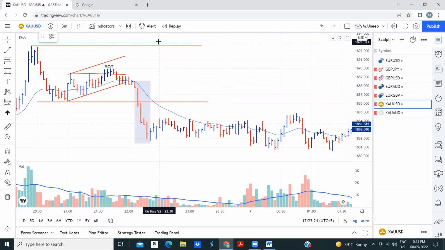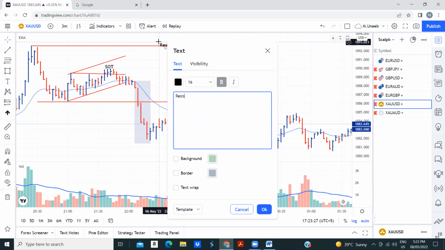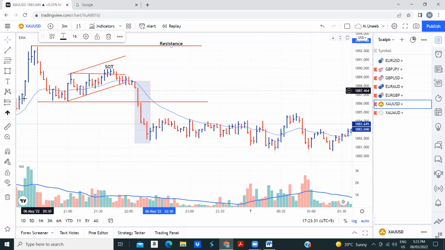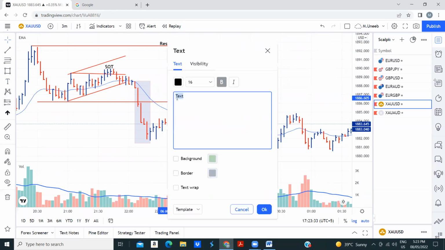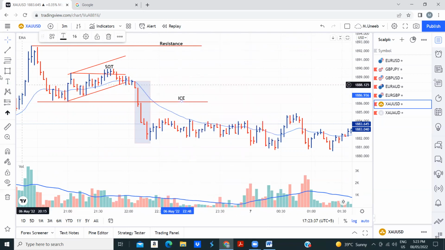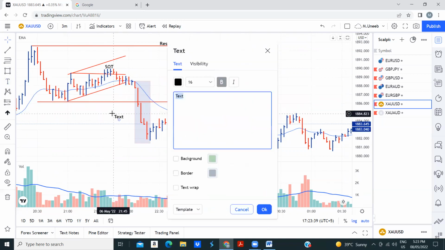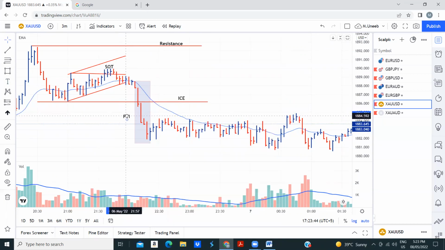This, I told you, this one is resistance, and this one is ice, right? Because it's distribution. Okay, so we call this process falling through ice. Am I right? FTI, yeah. Falling through ice, and now we are waiting for the price to come back and